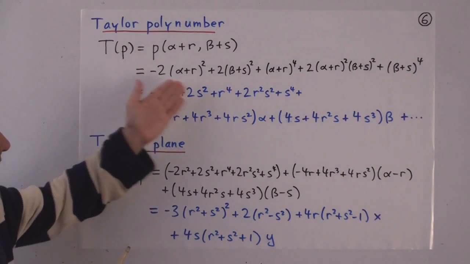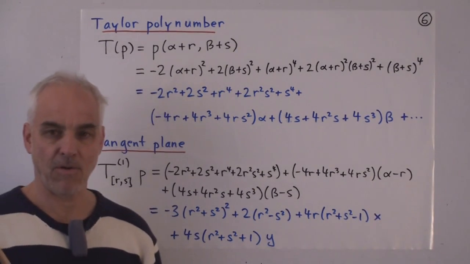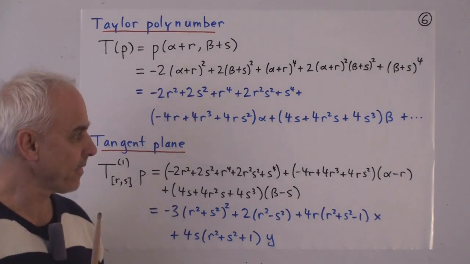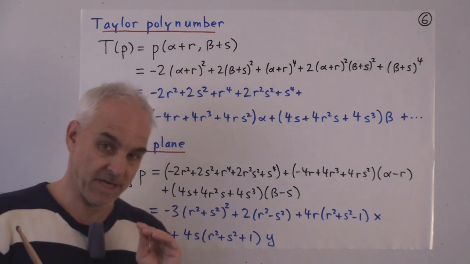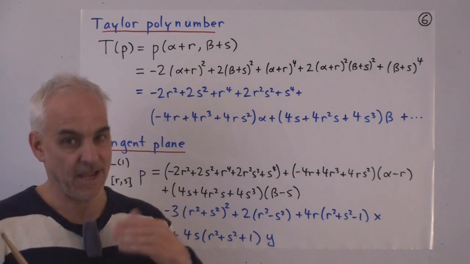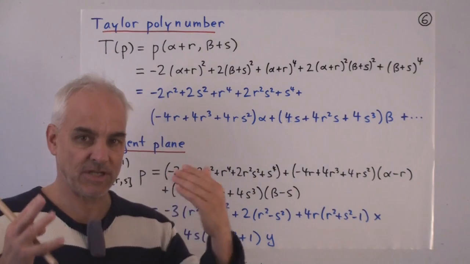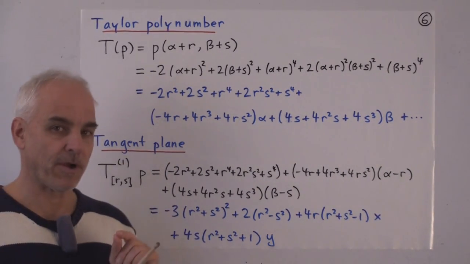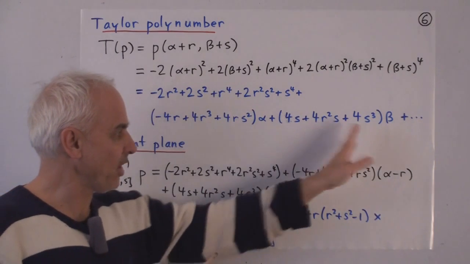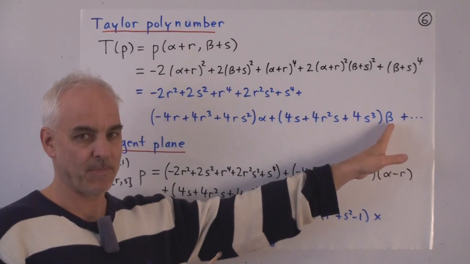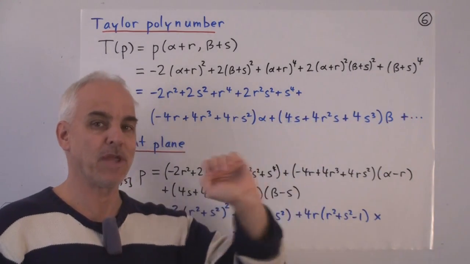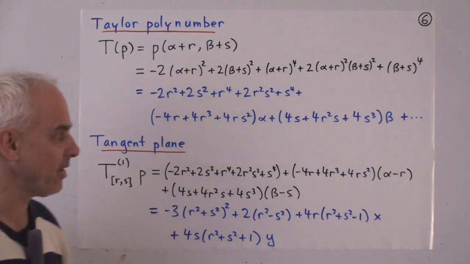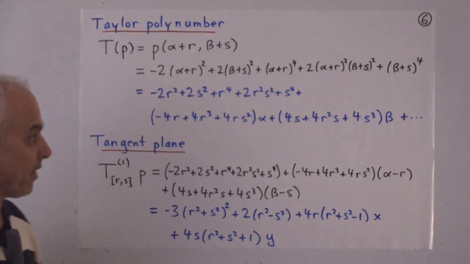And now we're going to write that out. We're going to expand that out in powers of alpha and beta. And because we're interested in the tangent line, or the tangent plane, essentially the first tangent to this Pauli number, we're not going to do all of the work. We're only going to go up to the linear terms in alpha and beta. The rest, actually, we don't care about for this particular application. So we can save ourselves a lot of work.